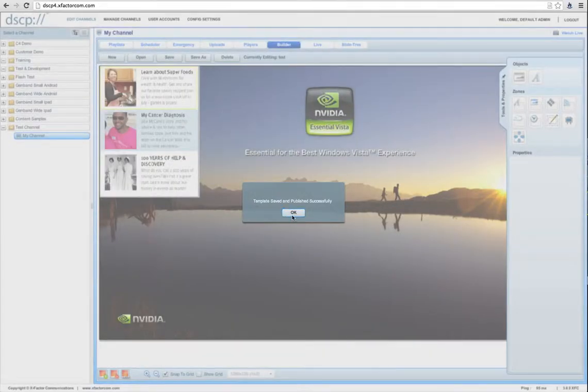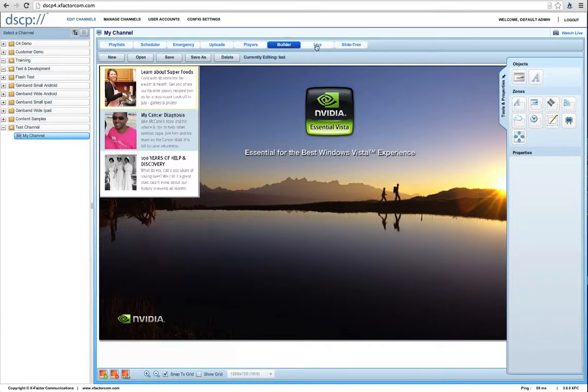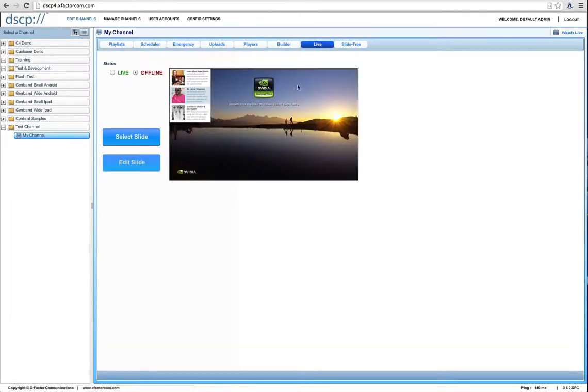It is saved and published. I go to the Live button. I can see it's already there in the Live button. I mouse over the top area. It shows MSNBC. If I look at the bottom of the screen, I can see the navigation URL is showing me